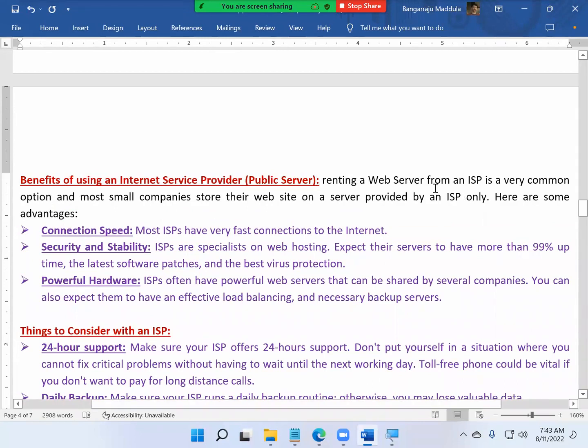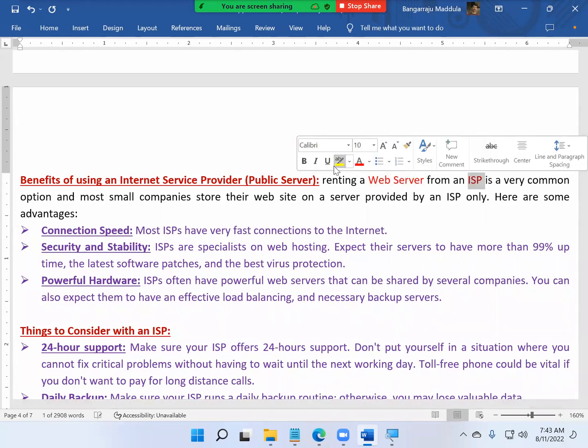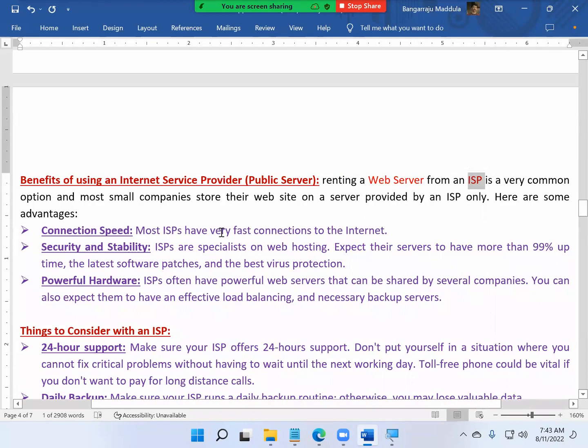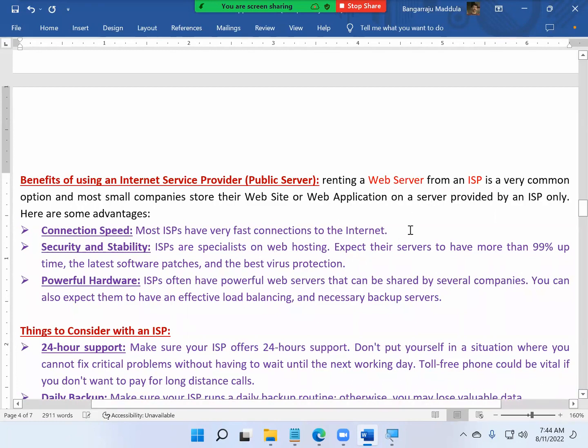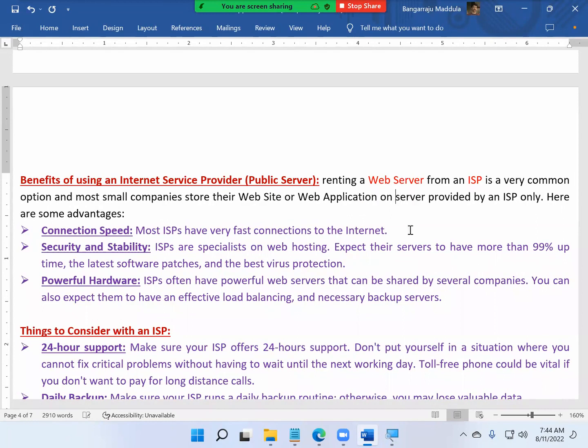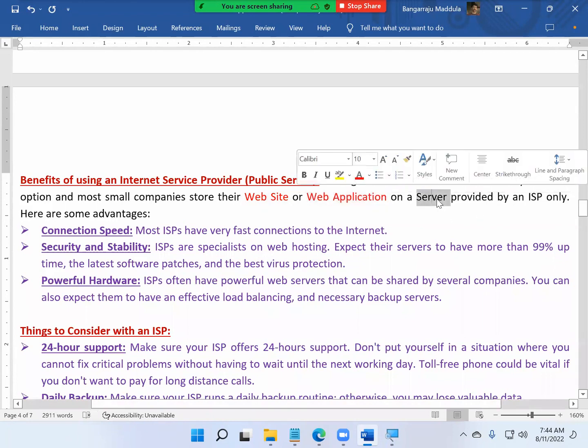Renting a web server from an ISP is a very common option, and most small companies store their website or web application on a server provided by an ISP only. So generally what we do is host our application on a public server that is provided by an ISP.